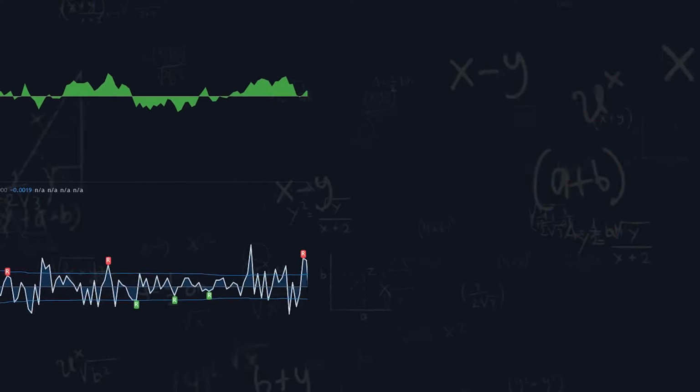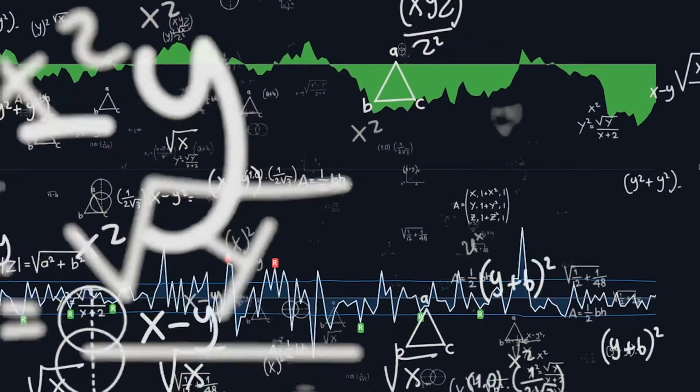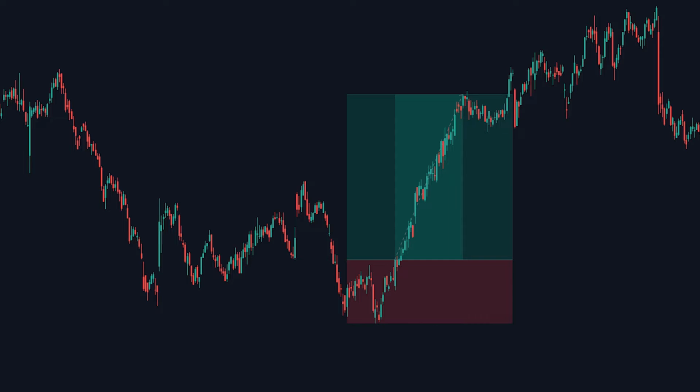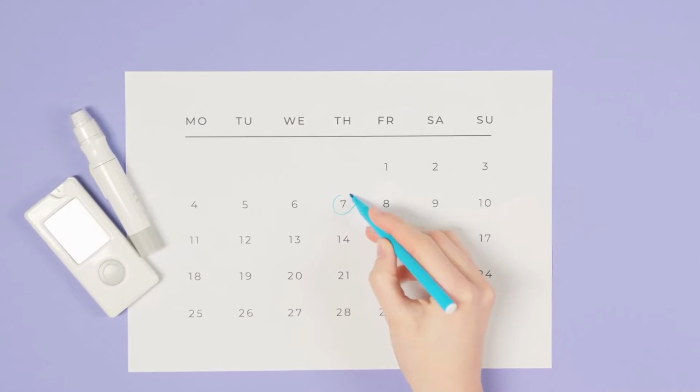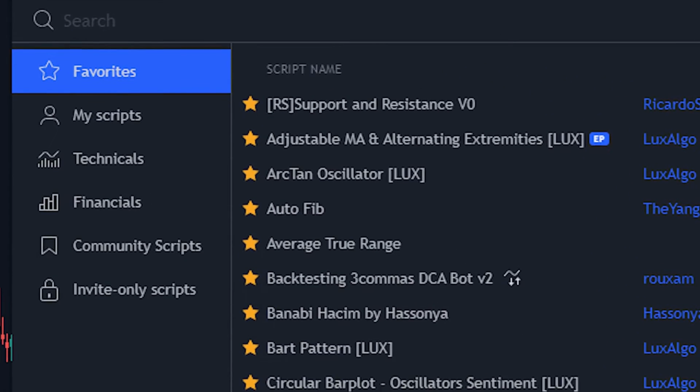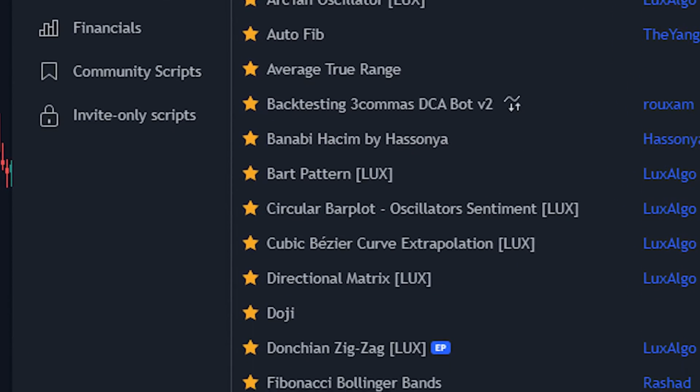I spent the past few days testing this one specific strategy I found. The results? Well, they were pretty good. So good that you would double your account size within 30 days of trading with this strategy. And to prove that point, I'm going to show you the exact indicators this strategy uses, how to know when